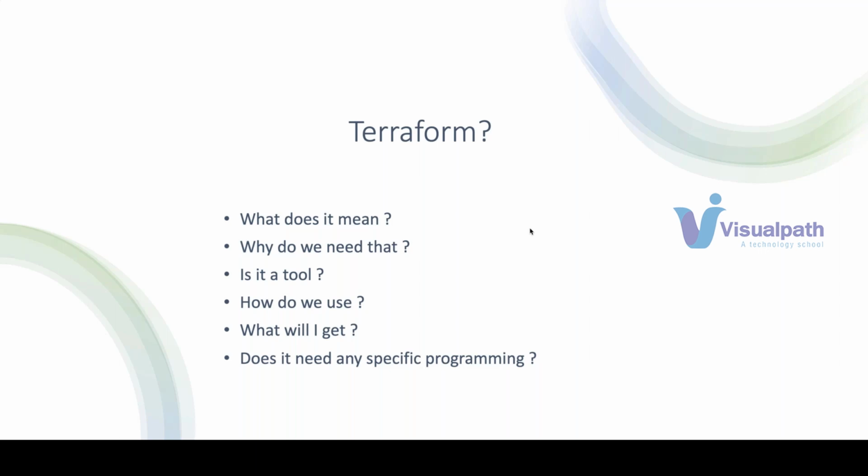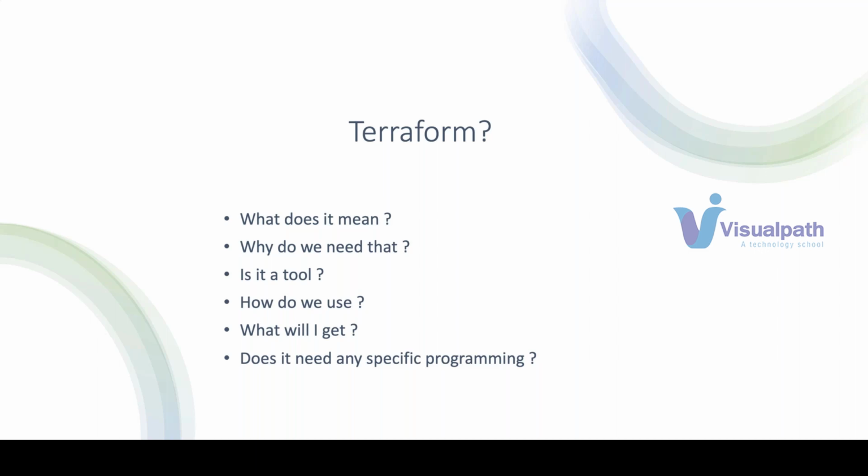Also, a little advanced, like how do we use state locking and state files. What is a state file? If you don't understand, don't worry, we'll see. How do we do the state locking? What if, when one person is doing some infrastructure changes, the other person should not get access to change the infrastructure? So how will we do that? Everything is going to be using Terraform, right? We're going to automate and manage using Terraform.